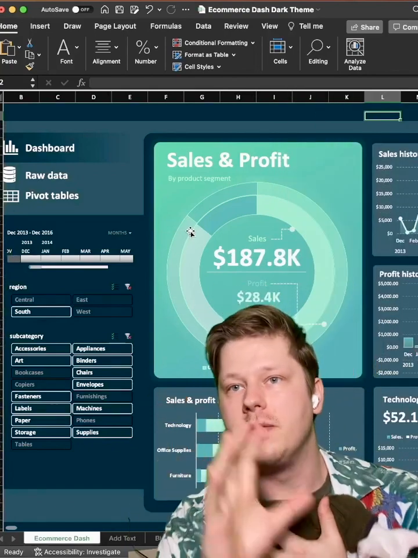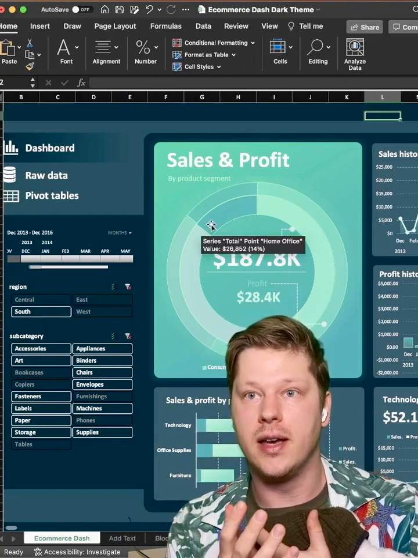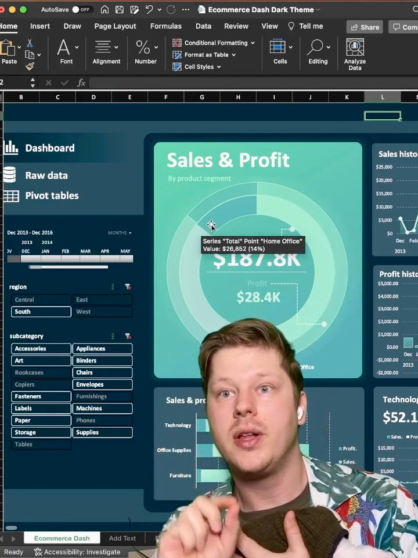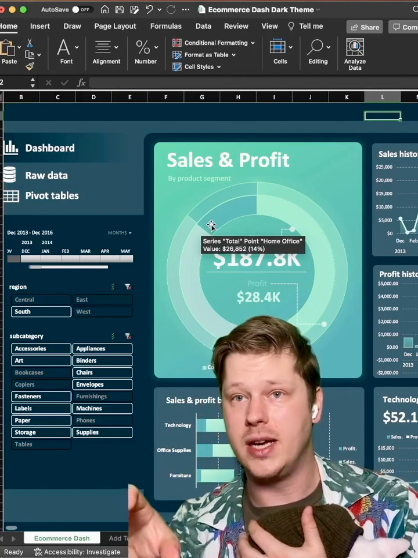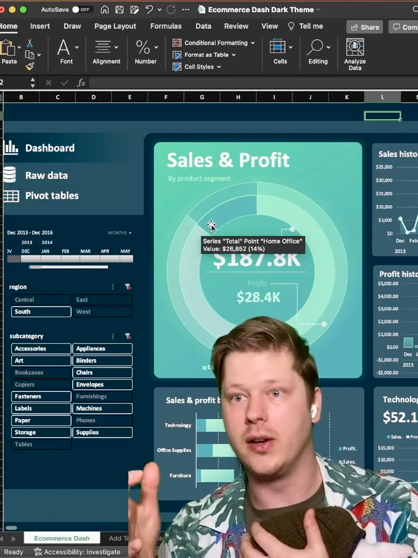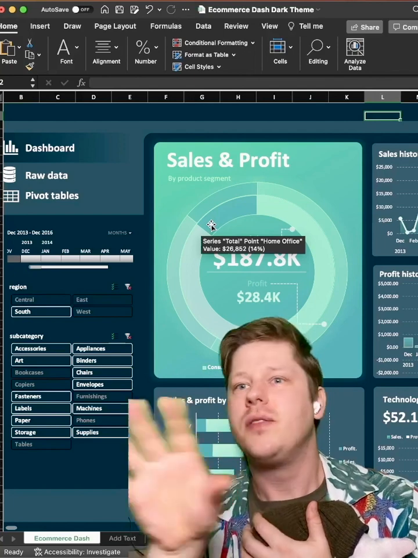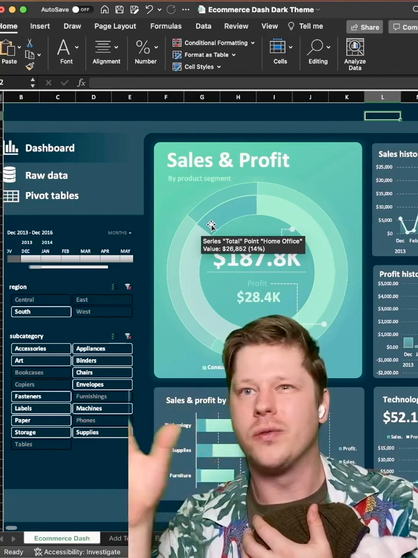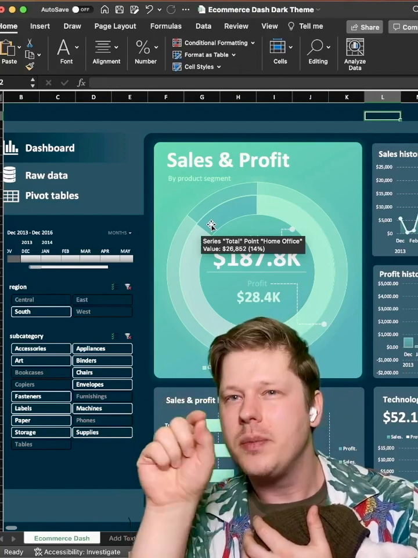If you're scared of the visual design element, I just suggest getting sample templates and starting there. Look at somebody else's example and then just deconstruct it. I have a newsletter exactly for that where I just send out free templates to get you started and kind of help you figure it out. This is one of the templates I actually sent out on that newsletter. But if you don't want to do that, just Google it. Google free dashboard templates or whatever, find a cool example you like, and then just start picking apart each piece,